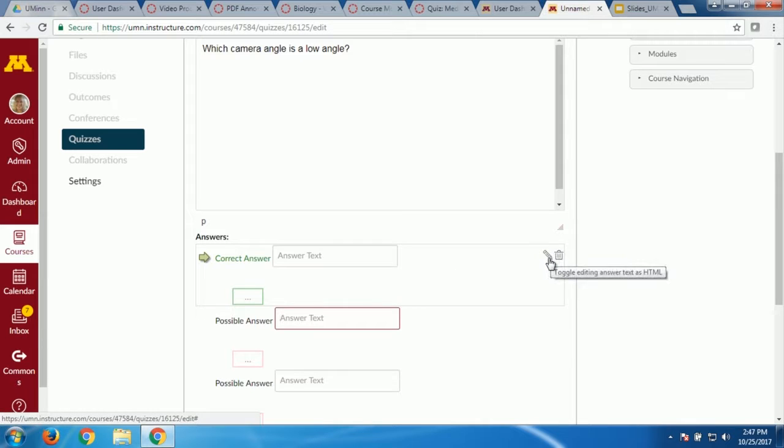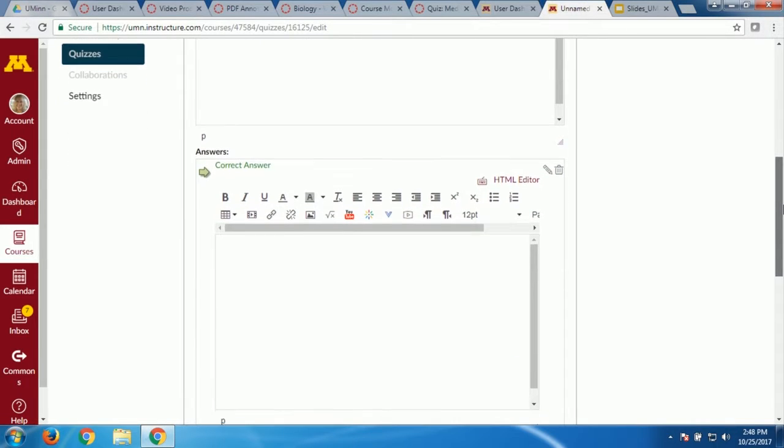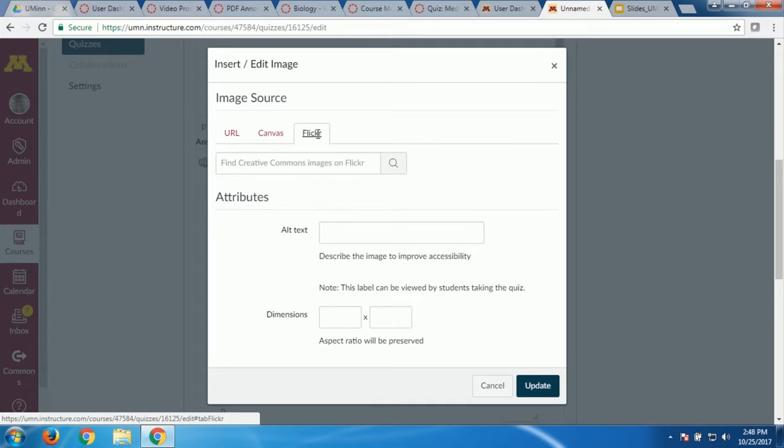So I want to point out, when you're adding your choices, there's a nifty little pencil icon to the right of each choice. That is how you open up more options than just text. When I click that little pencil, I now have, even for answer choices, a full rich content editor. I can add a recording. Maybe I want to audio explain, video explain. I can read questions and answer choices to students. I can add YouTube content. I can add Kaltura content. Whatever I want. Pictures. Let me add pictures here.